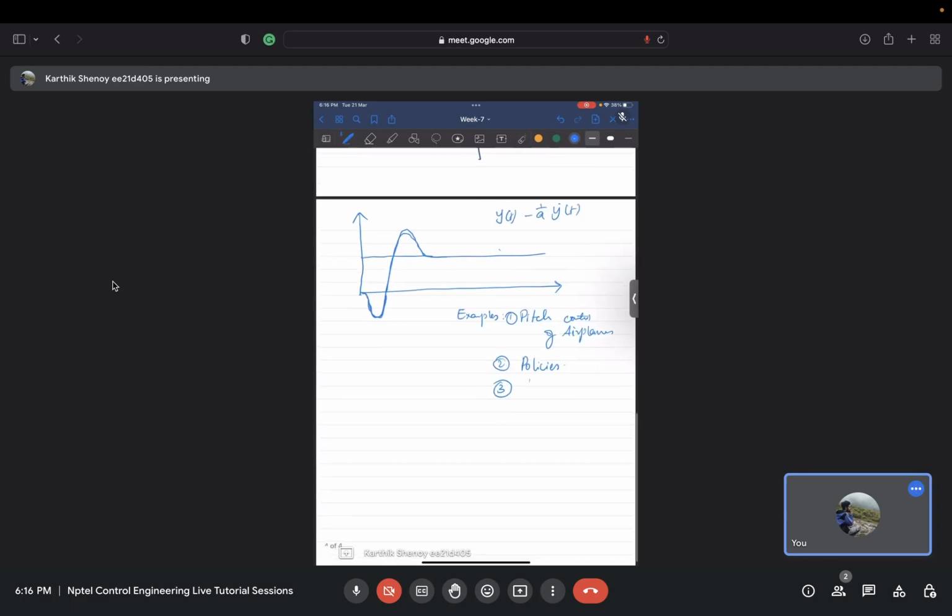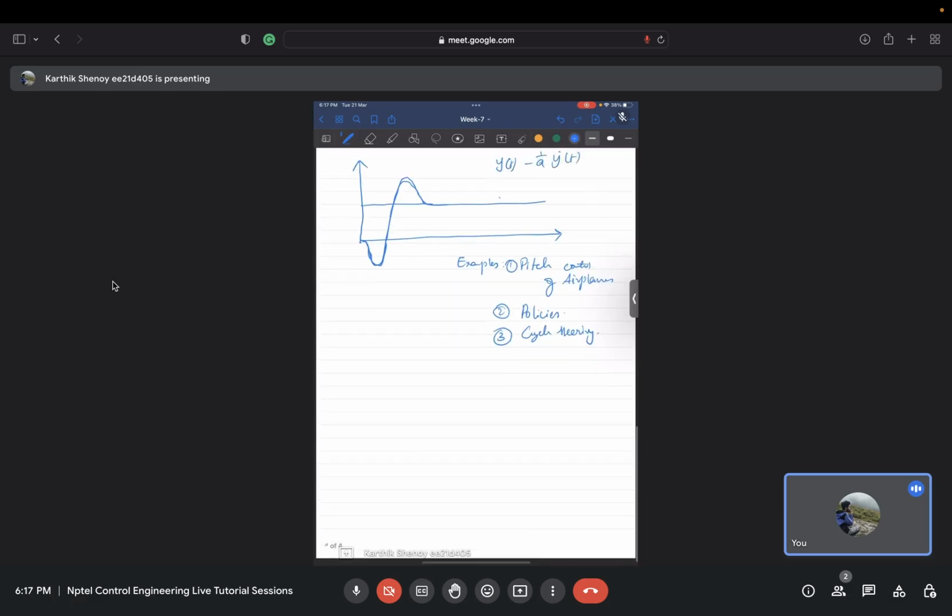So, cycle steering. Okay, so these are the examples which we will look at later also, but first let's look at what the controller does. Before that, let's say you have a plant,